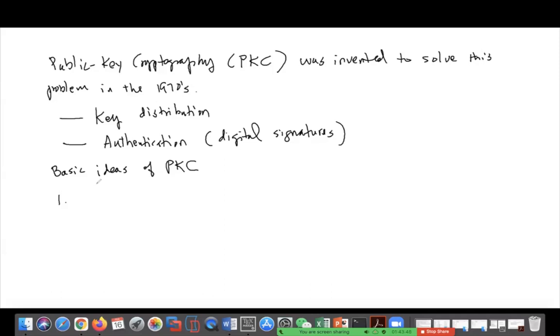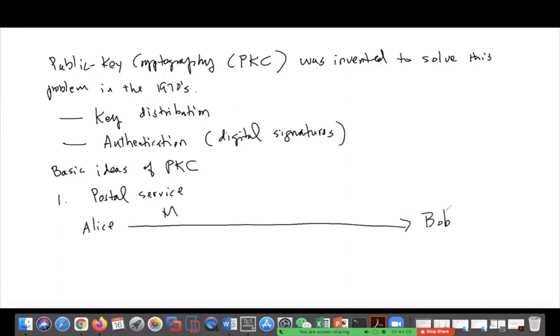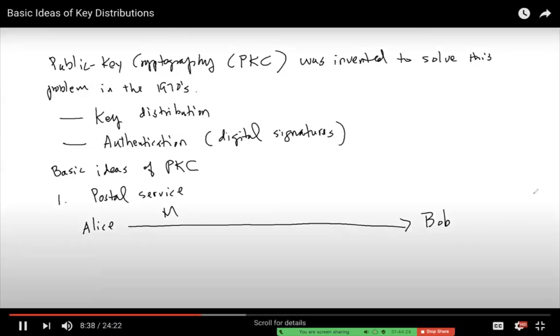Let's imagine a postal service. Alice wants to send a message M to Bob such that nobody else can see M. So the normal method of using an envelope to seal M in it is not secure because